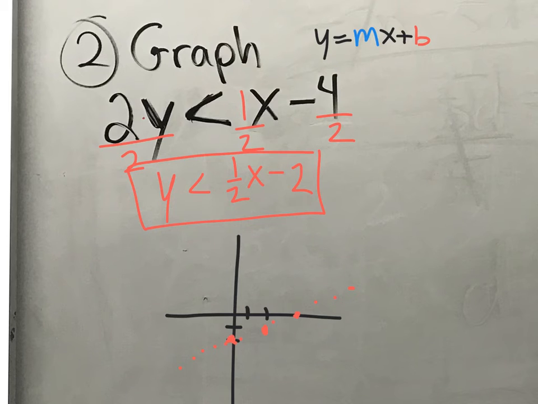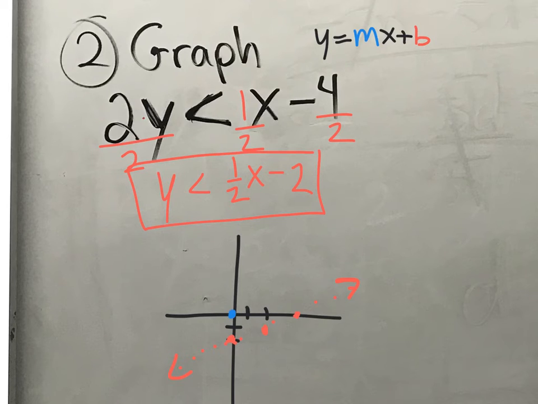And then on top of that, you can put some arrows. But then you need to know what side to shade. You either shade in this upper part or you shade in this bottom part. And you do that by testing a coordinate to see where your answers are at. So if we test the point 0, 0, which is clearly up here above that red dotted line,